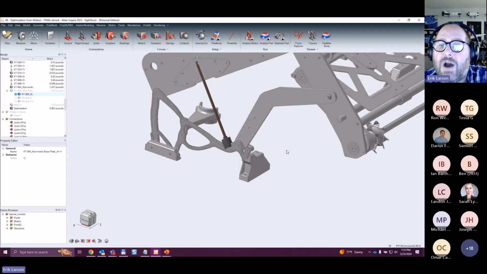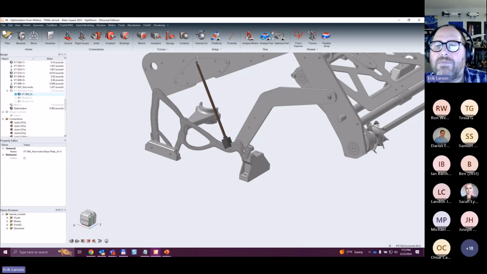And the reason why that's important, if you remember back to the last thing I showed, is those forces are continually changing direction. So I can't pick a single one. I can't say, okay, it's a 5 pound force in this direction. That's going to change throughout the motion. So this is more accurate because it drives the optimization by looking at everything that's going on through the entirety of the motion. And then I just did a quick analysis on this, and you'll see the results change through